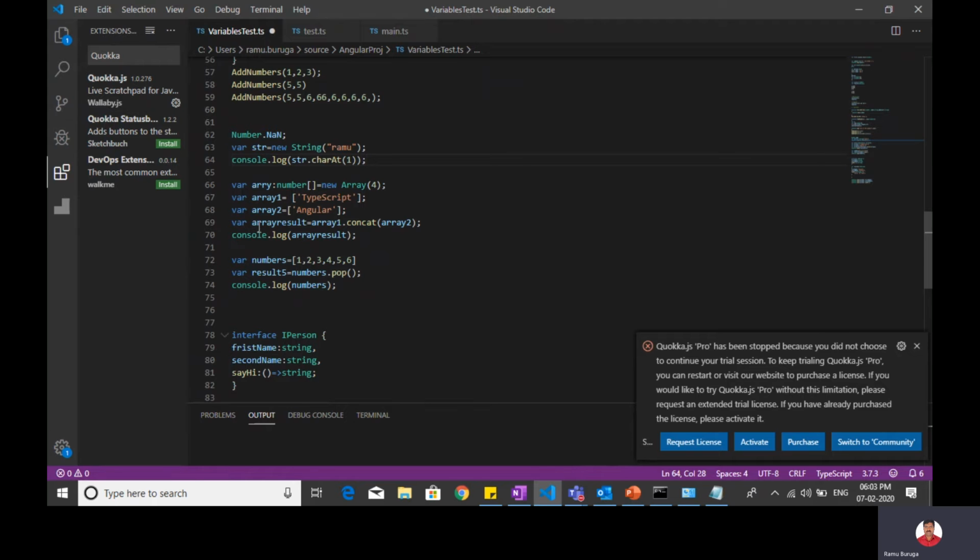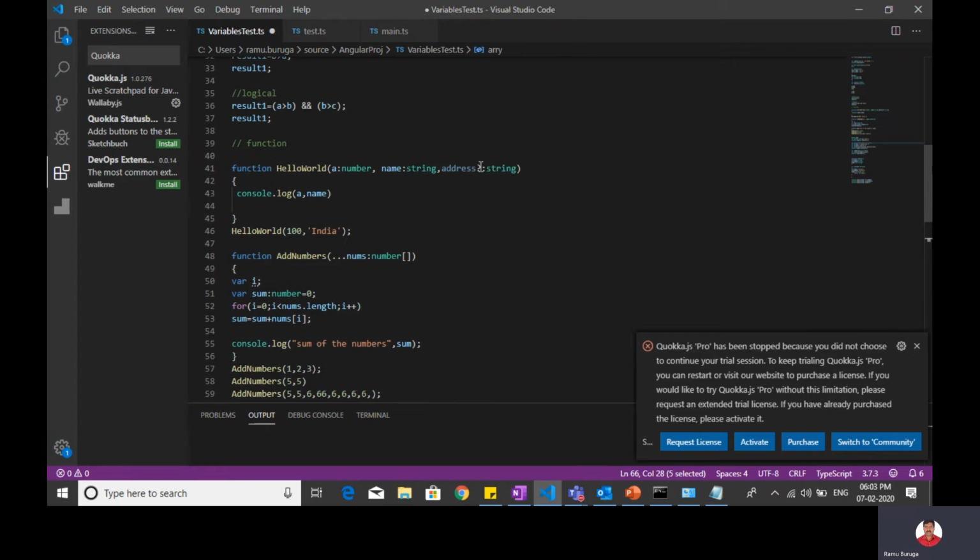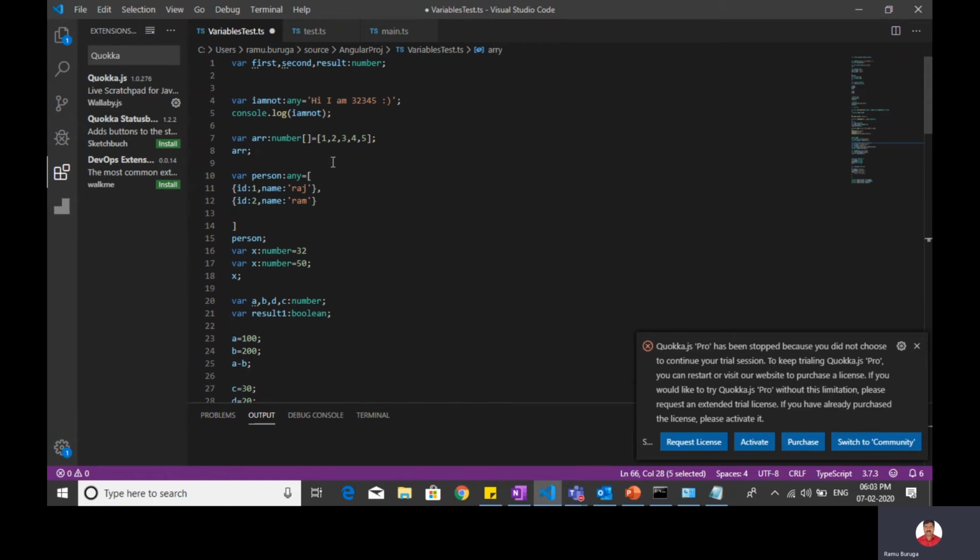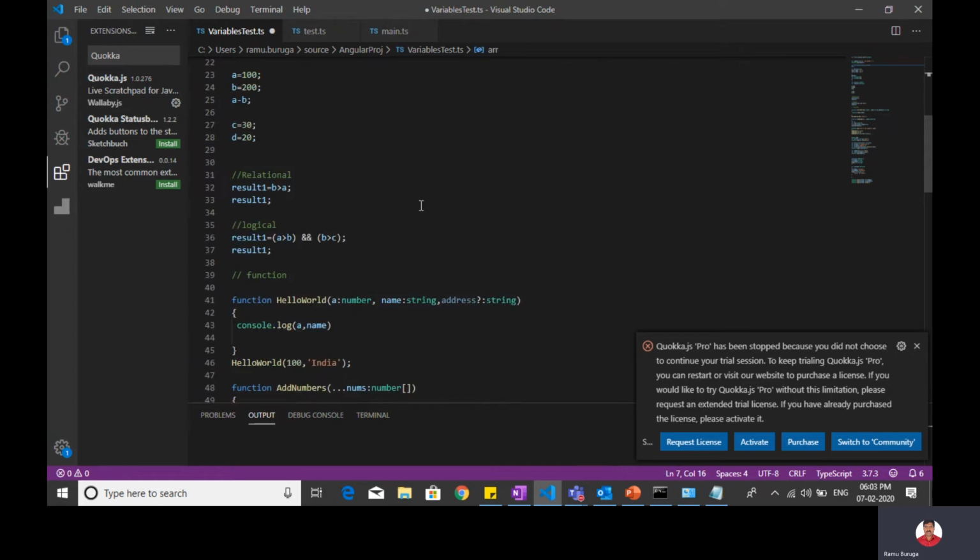There are array functions also. Like I have created an array variable; if you want to set the boundary of your array, you can set it this way, right? Here I just create an array variable, and I can pass as many as I want.